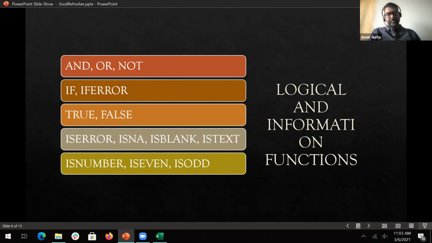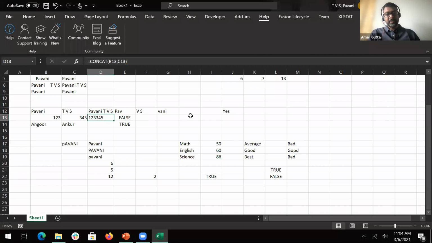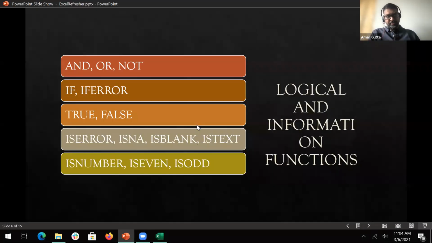But tell me, Pavni, one more thing. These functions, I understand, are part of Excel. But would the help also talk about it? As in, if I were to try and look for something, because I was not aware of some of these functions, obviously because I never knew they existed.